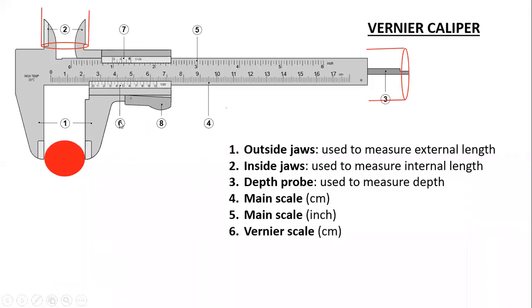Next, your sixth one. The second end of the outside jaw has a certain scale on it. That scale is again calibrated in centimeters, and is called the vernier scale. But the same scale also has an upper reading, so there are two possible cases given. This is for reference in terms of the inch scale. So the vernier scale is calibrated in two forms, and the main scale is also calibrated in two forms.